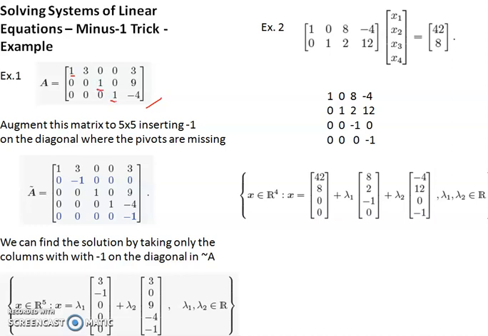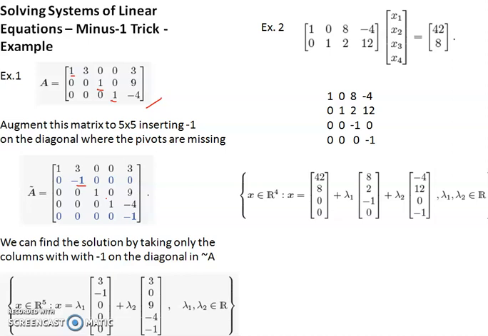So there are some missing rows which can have the diagonal value as a pivot. You need to insert those rows. While inserting those rows, you need to insert in such a way that the diagonal will take the -1 value, and the rest of the elements inside that row will be 0. So you need to augment the matrix into a 5 by 5 matrix, inserting -1 on the diagonal part where